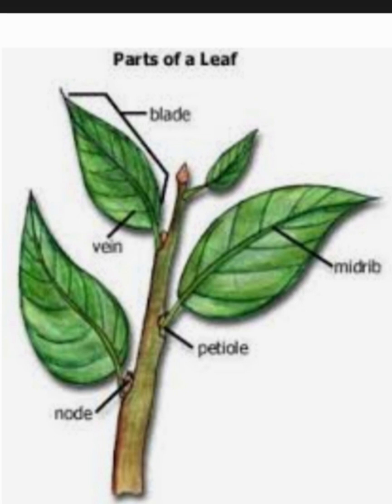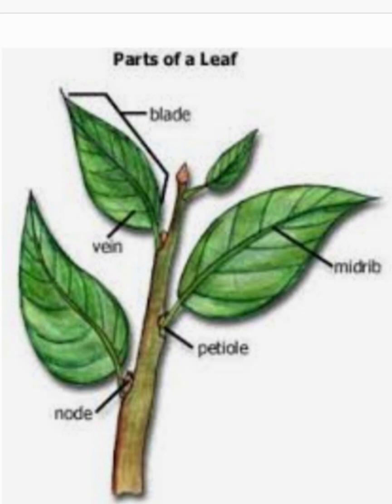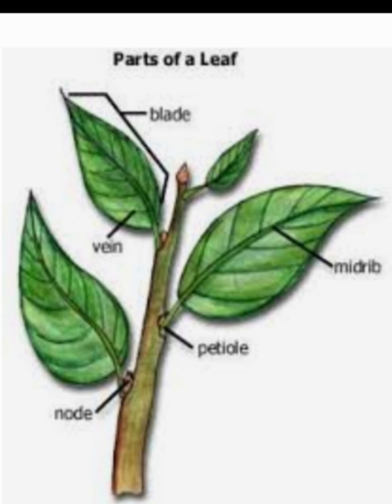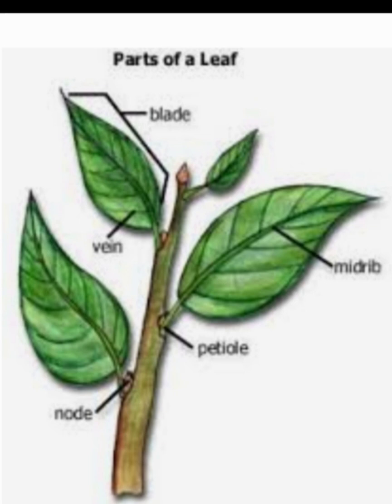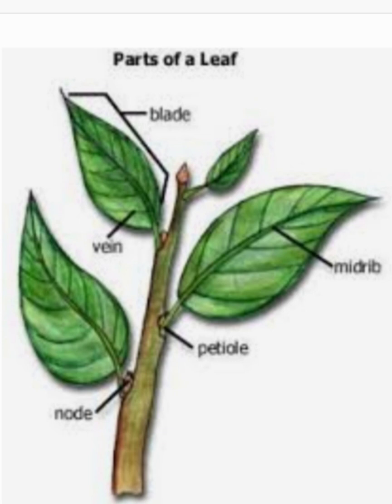Veins are arranged in a web-like or network-like pattern all over the lamina. It is known as reticulate venation. When the veins are the same size and run parallel to each other, it is called parallel venation.